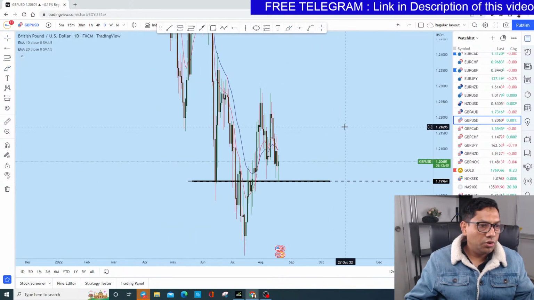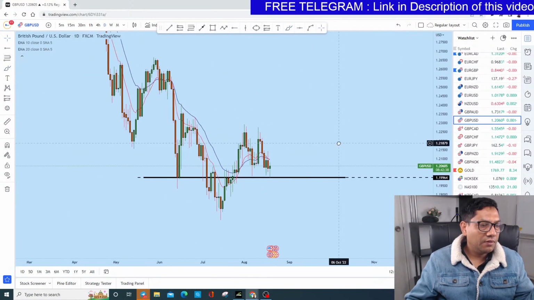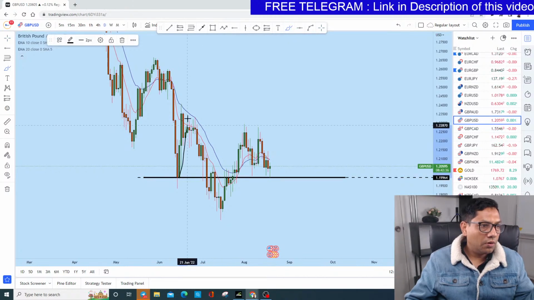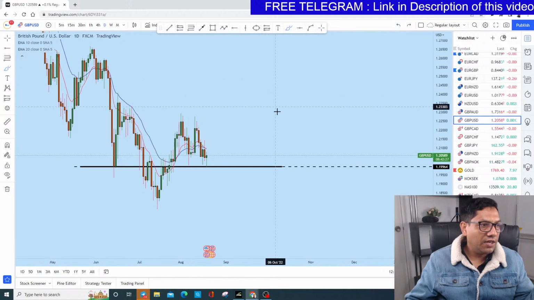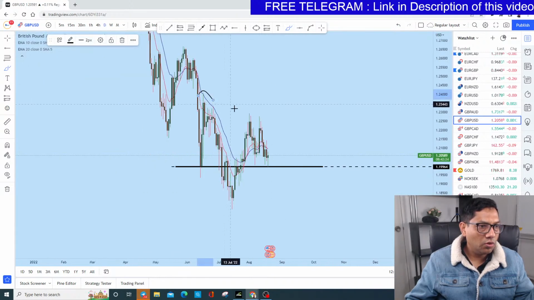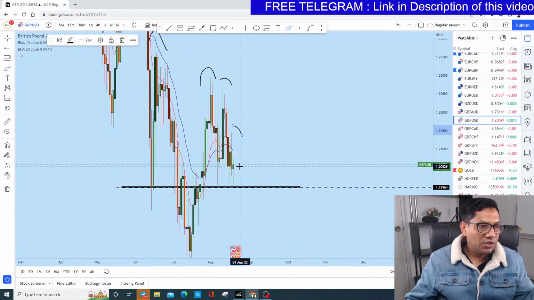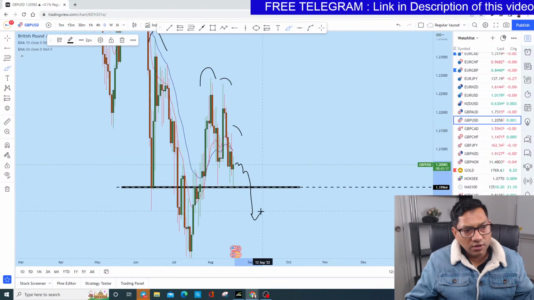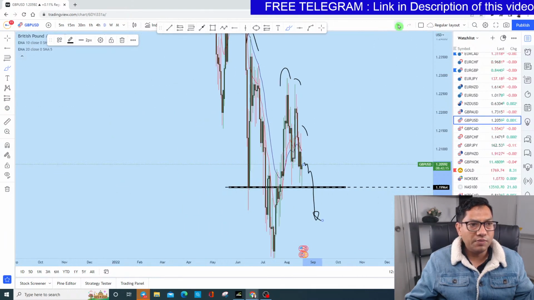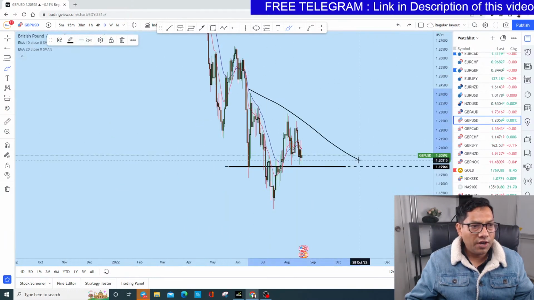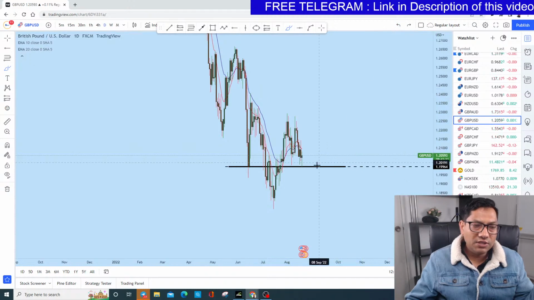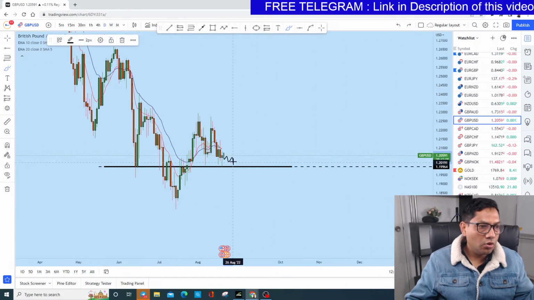So on GU, you see that this is the same thing happening. You see that this is the support, big move, came back, there is a breakout here, and then price came back to the zone, came back to the zone. Now what it is doing, basically, it's creating a series of lower highs from the same level. After this one, we could see that GU is breaking the level of support because the long-term trend is down, but there is a probability for further consolidation.